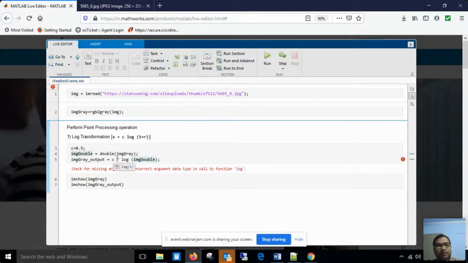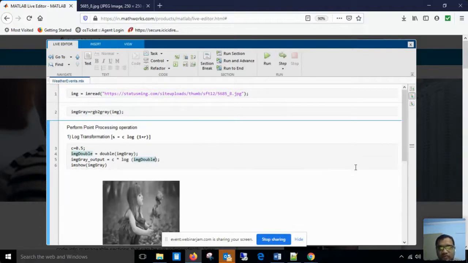So the data type of IMG double is double. That means that is a suitable data type for the log operation, and then execute it. So you can see no error is there. So what I have done, I have changed uint8 into double data type because that data type was acceptable by log, and now log function is working, right?